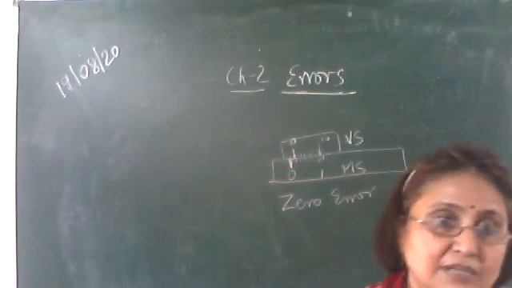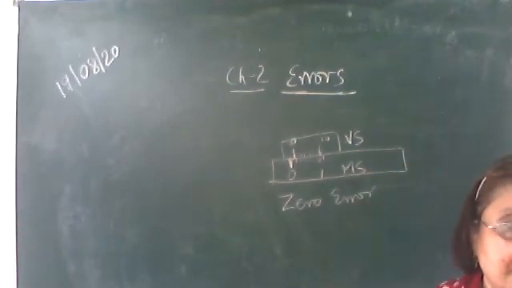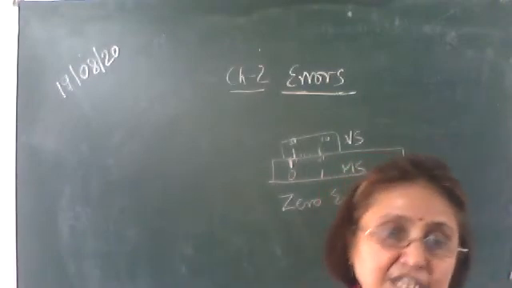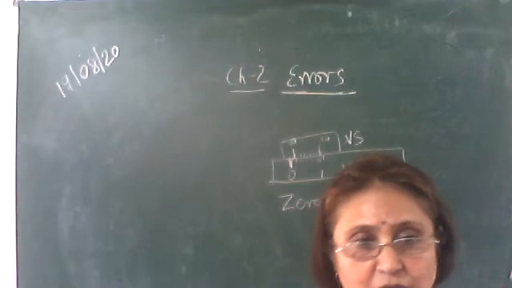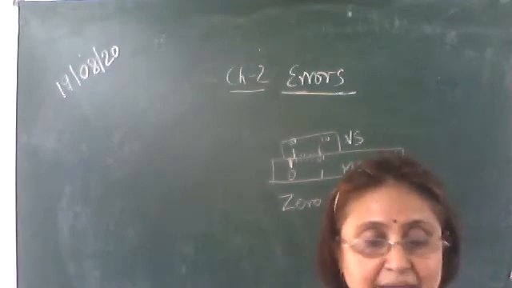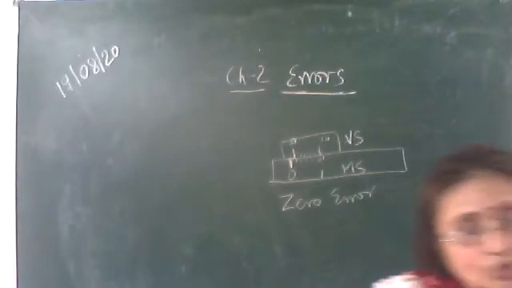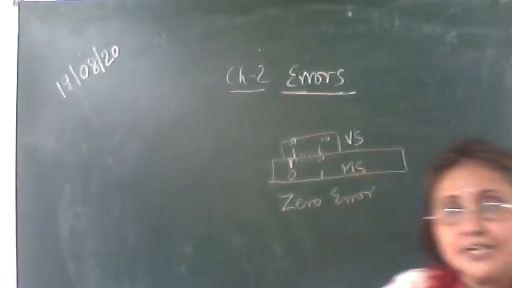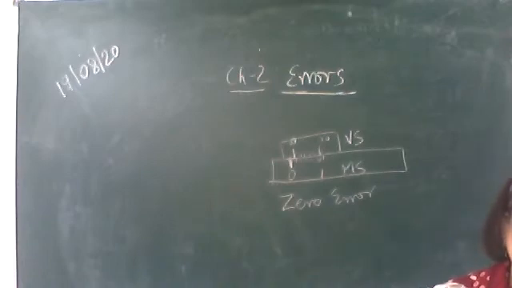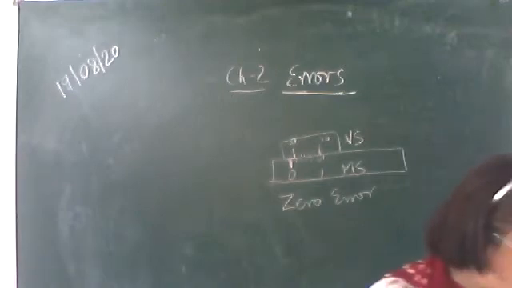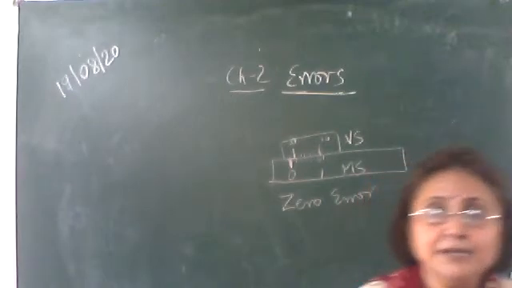So these are the different sources of systematic errors. Systematic errors are errors which are either positive or negative and whose cause is known. So these errors can be minimized. Some sources of systematic errors we have studied here. The first one, instrumental error: if due to some manufacturing defect there is an error in the instrument, we call it instrumental error. The second one is imperfection in the experimental technique.